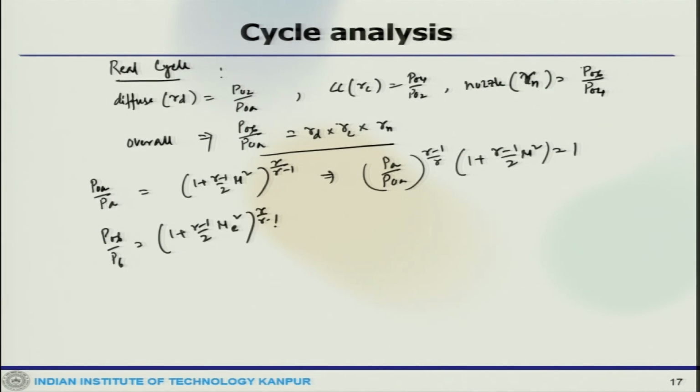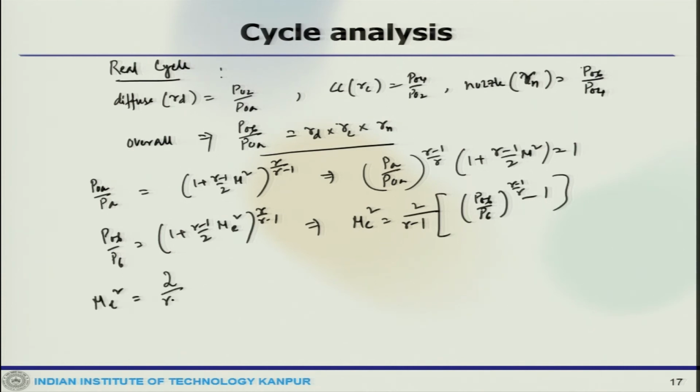So, we get 2 by gamma minus 1 into P naught 6 by P 6, to the power gamma minus 1 by gamma, minus 1, which is M e square. So, we can write 2 by gamma minus 1 into 1 plus gamma minus 1 by 2 M square, P a by P naught a, to the power gamma minus 1 by gamma, P naught 6 by P 6,